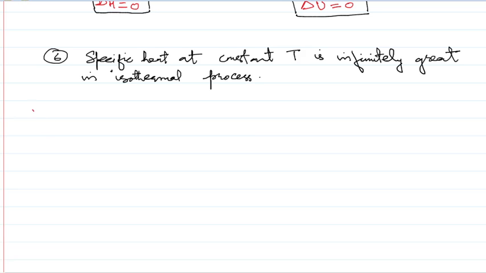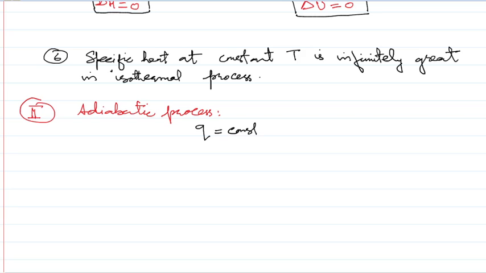Now we have the second one, that will be called an adiabatic process. So basically in an adiabatic process there is no heat exchange between the system and the surroundings. That means we can write Q is equal to constant, as there is no heat exchange between system and surroundings. When Q is equal to constant, that means the change in Q will